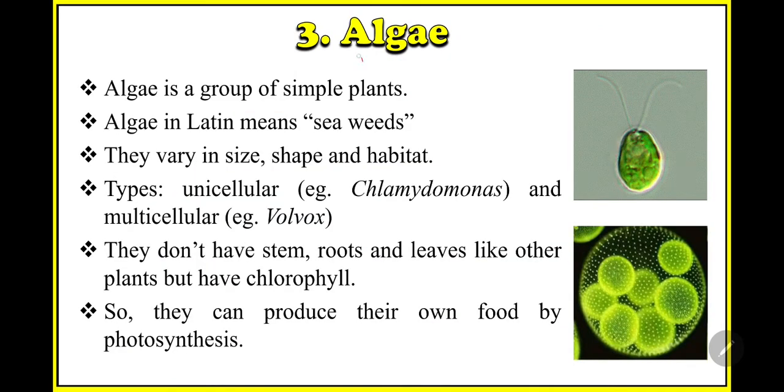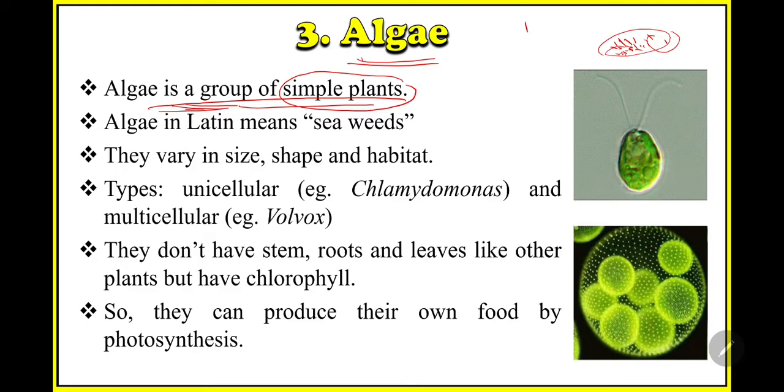Next comes our algae. Algae is a group of simple plants. Now you can say, sir, you are telling plants over here, but in the beginning you told us these are not plants we can see with our eyes. So these are a small group of plants where we cannot see a single alga with our eyes, or it may be very difficult. In the majority of cases you can see algae, but as a colony growing as thousands or millions together. A single one you cannot see easily.